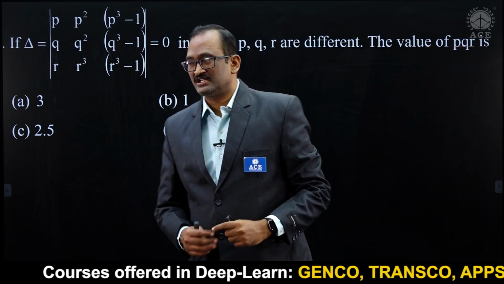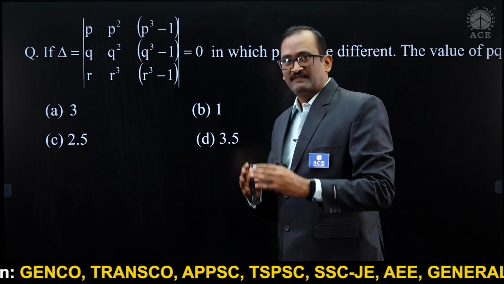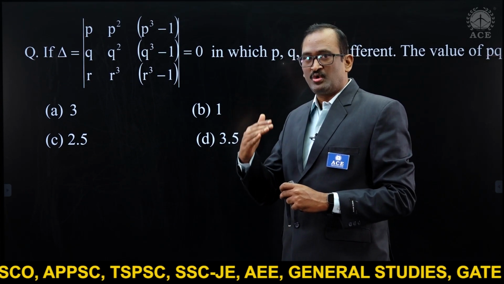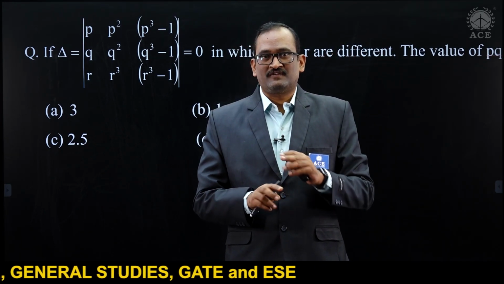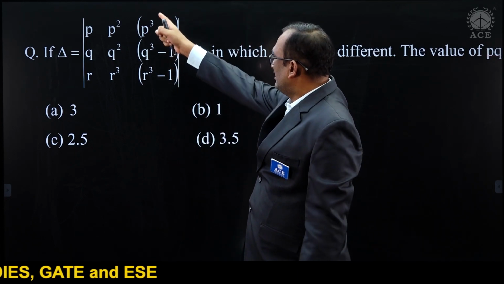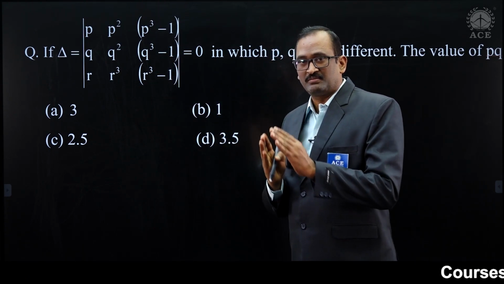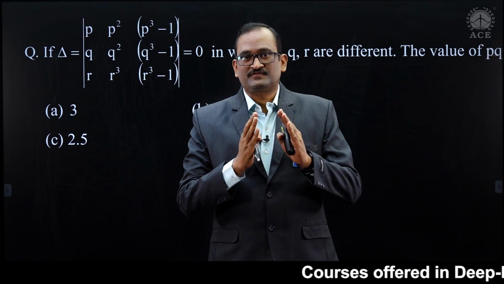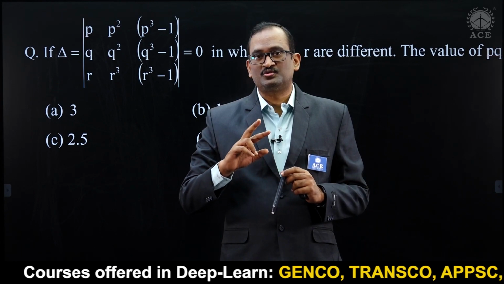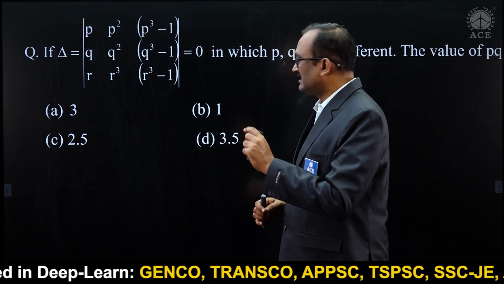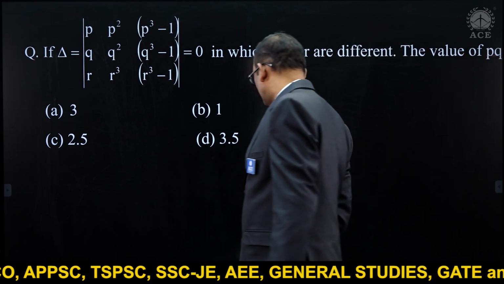Now please do remember that while you are calculating the determinant of a matrix, whenever you come across one particular row or column containing a sum or subtraction of two elements, then this determinant should be expressed as the sum or subtraction of two separate determinants. Now let us look at this.